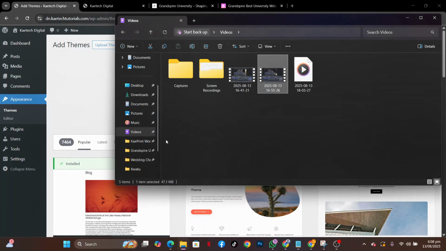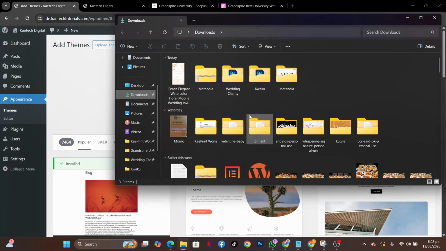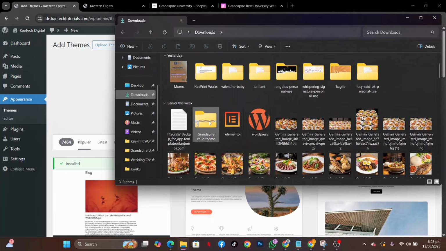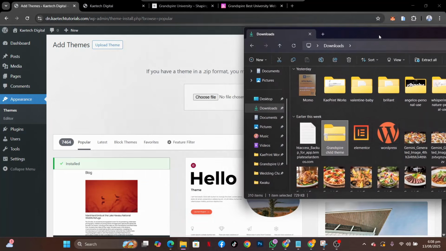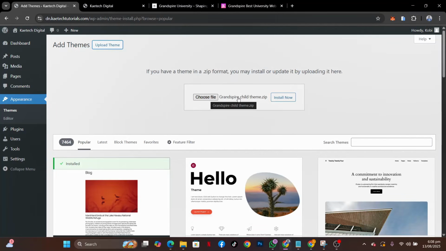So I already have the child theme. So what I'm going to do is I'm just going to go ahead and locate the child theme. So this is the child theme that I want to use. So all I need to do is just drag it over here, and as you can see, we have it. You can decide to click to choose, but I just decided to drag it over here, and then click on install now to install the